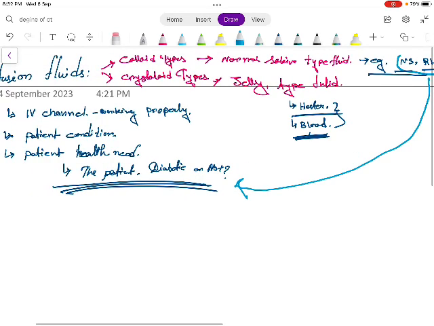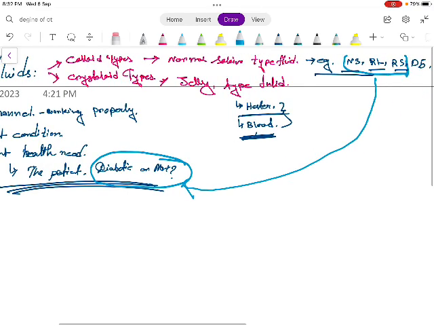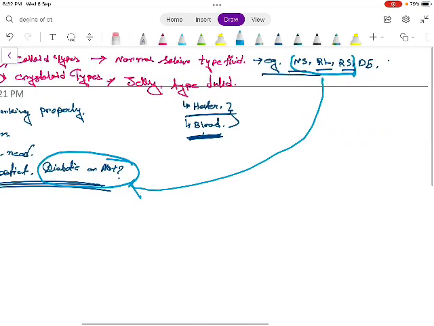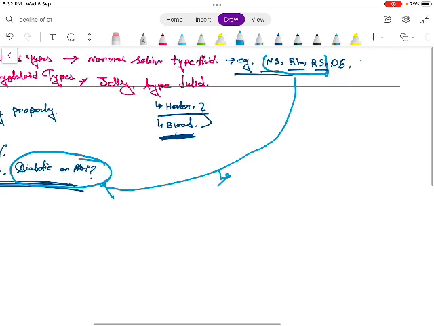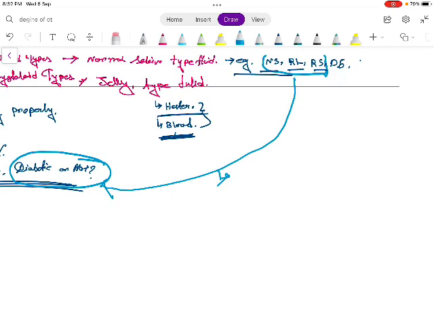So this is the portion, and that's why it is very, very important to know whether the patient is diabetic or not. Commonly, if we are able to know the patient is diabetic, then we must use